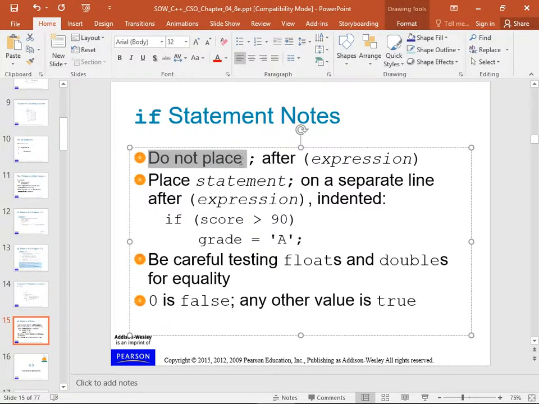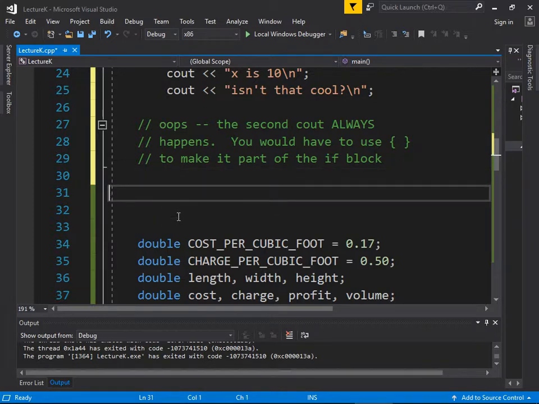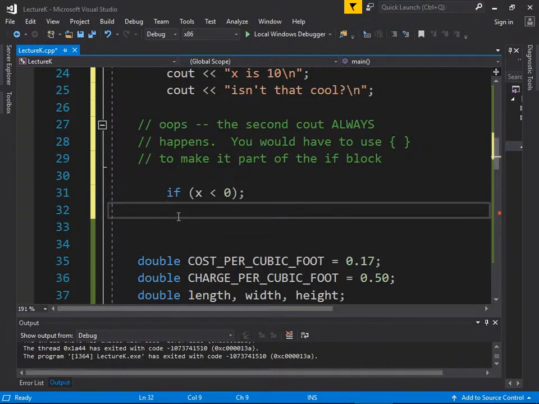Here's a big source of bugs, and I've done it. It's a newbie error, but it's so easy to make that it's not just a newbie error, which is: do not place a semicolon after the if statement. Do not do this. If (x < 0);